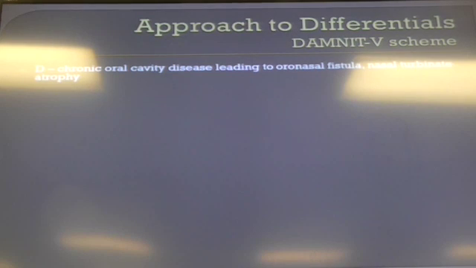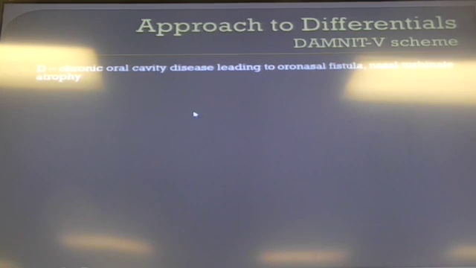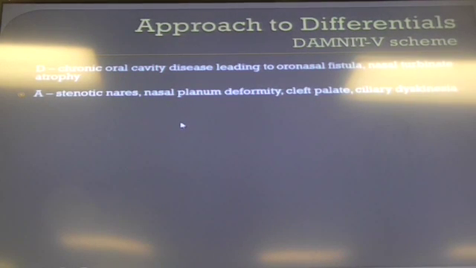All right, so degenerative things, oral cavity disease, so patients that have nasty teeth and tooth root abscesses can give us oral nasal fistulas, nasal turbinate atrophy. If we include the lower respiratory or the trachea itself, then we can also include tracheal collapse or malacia of the tracheal rings. Anomalies. So patients born with stenotic nares, nasal plane deformities, so they can have shifts, they can have things that didn't open up the way that they were supposed to on the inside, cleft palate, ciliary dyskinesia,